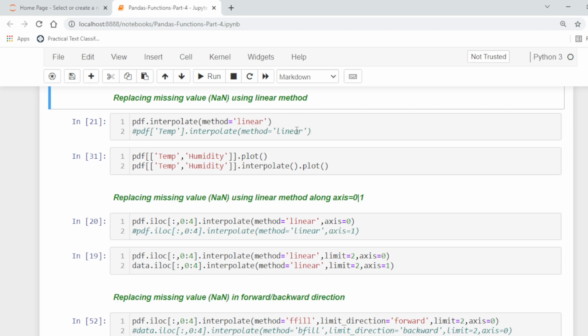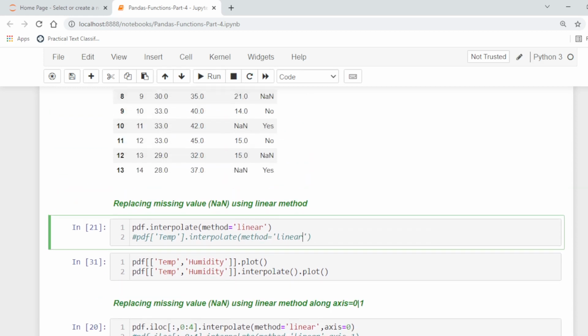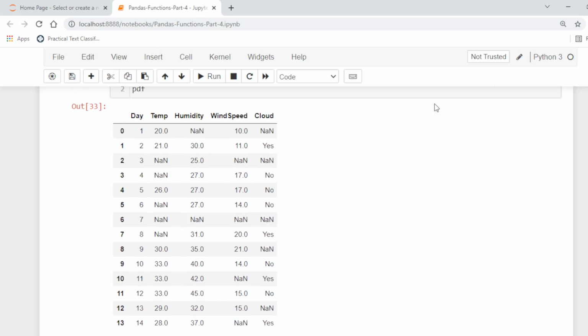In this case, we are using the linear method. Linear interpolation estimates missing values by connecting dots in a straight line in increasing order. For example, in the above data, some values are missing.